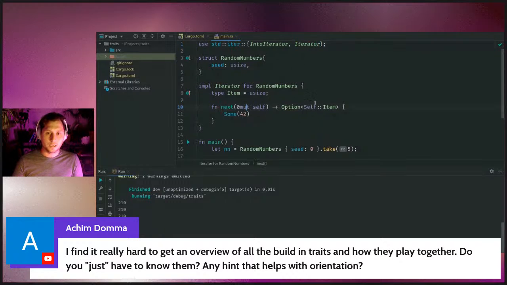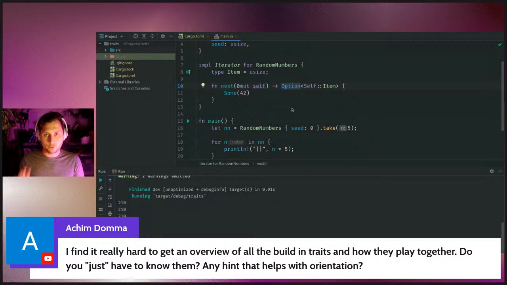The next thing I would do after learning about debug, display, and iteration is understanding the distinction between Options and Results. They are not traits. They are enums defined within the standard library, and they become really helpful to create very robust